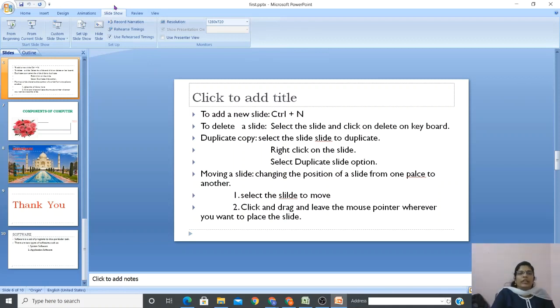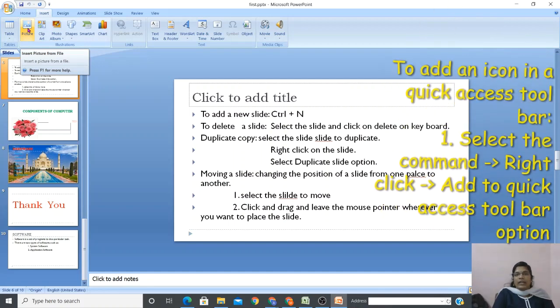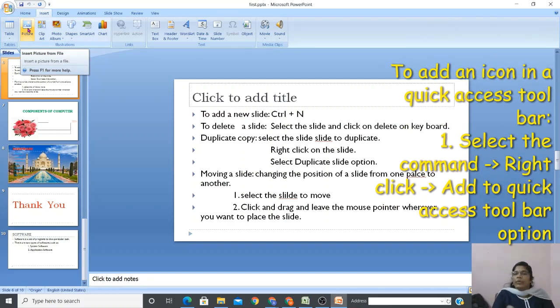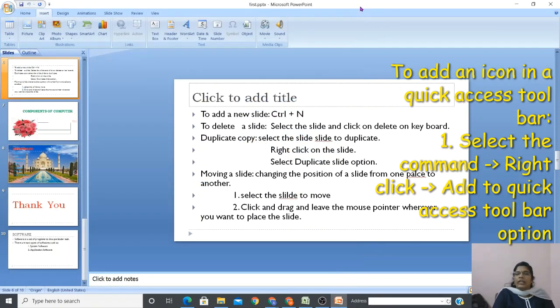How to do it: say for example, let me take the insert tab itself, this picture. I want to put it here in the quick access toolbar. So if you want to do that, go to the particular icon which you want in the quick access toolbar. Just keep the cursor on it and right click. Do not left click, just keep the cursor and right click on it.